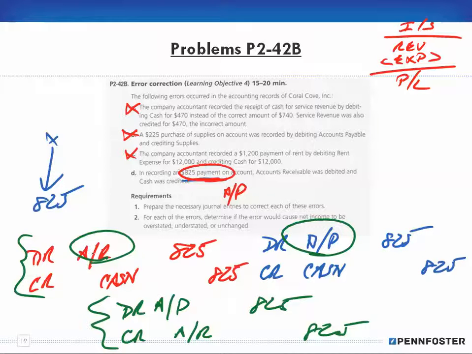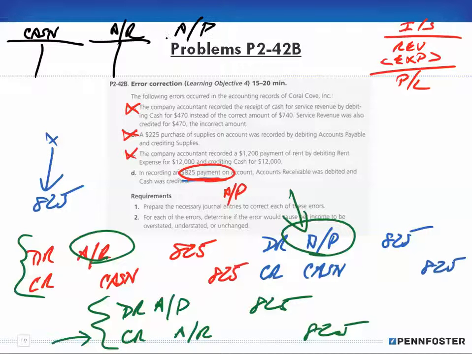Well, if I put it into accounts receivable as a debit, to reverse that I credit it. And if I credit accounts receivable, I debit something else. Well, that debit has to be the accounts payable, which is what I need right there. To look at it from a different perspective, and this again is where the T accounts come into play,